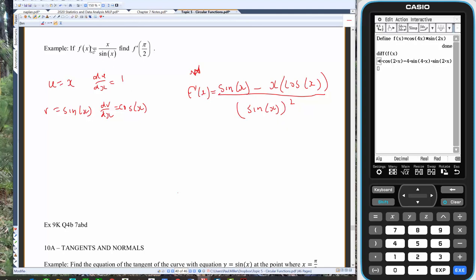All right, now invariably this is like question 1, question 2 from exam 1. What students do is, yeah, got my derivative, and then move to the next question. So don't forget to substitute that value, and again, examiners say every year that that was what a number of students did. So don't be one of them. f dash pi on 2 equals sine of pi on 2, take away pi on 2 multiplied by the cosine of pi on 2,